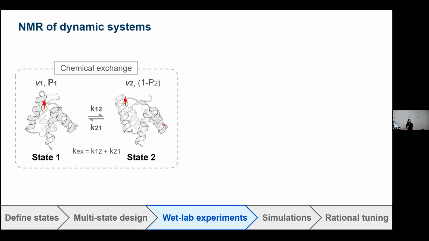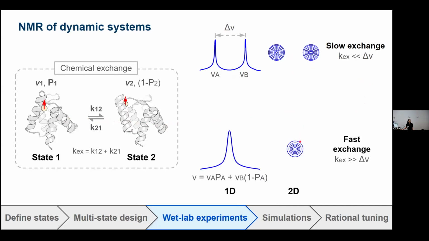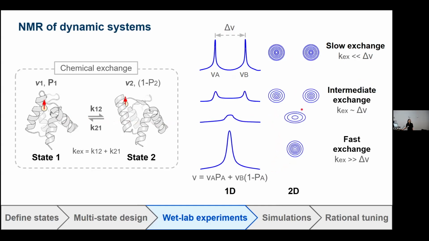NMR spectrum looks like. So if we're in slow exchange, you'd expect for a 2-state system for a spin to have 2 separate peaks resolved in the spectrum, where the relative intensities are proportional to the state populations. Whereas in fast exchange, the chemical shift now becomes a population-weighted average. And in intermediate exchange, where these quantities are comparable, you start to see the peaks broaden out as they are